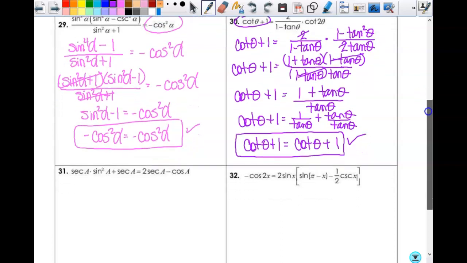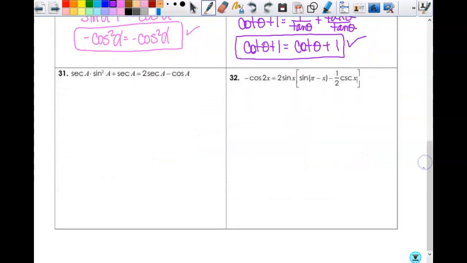Okay. All right, 31. So which side to work with? I think I want to work with the left-hand side. So that's my goal there. Over here I have 2 terms. This is 1 term and this is 1 term, and they have a common factor, so I'll factor out my GCF, secant A times sine squared A